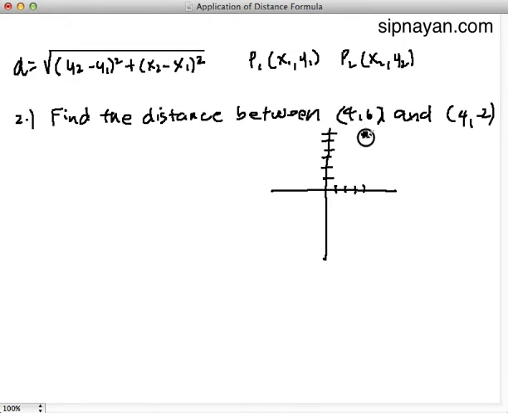And then, yung isa naman is 4, negative 2. So, this is 4, 6, and this is 4, negative 2. No? Obvious siya, no? Kasi kung ilalagyan natin ng segment,